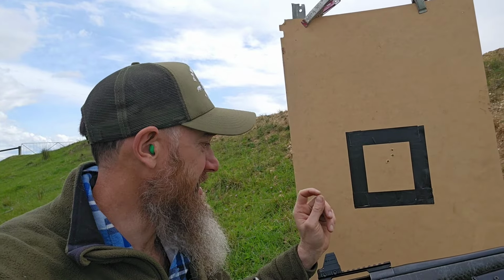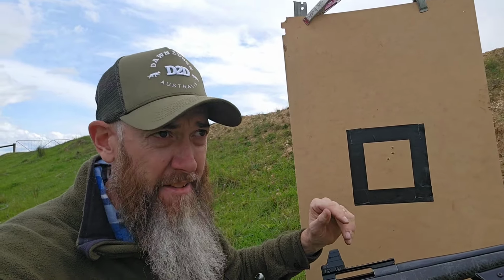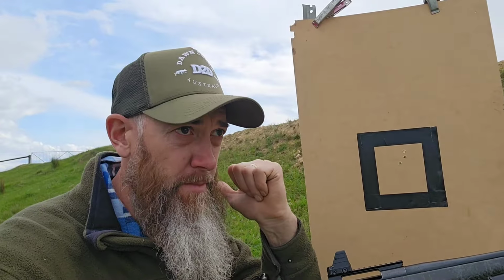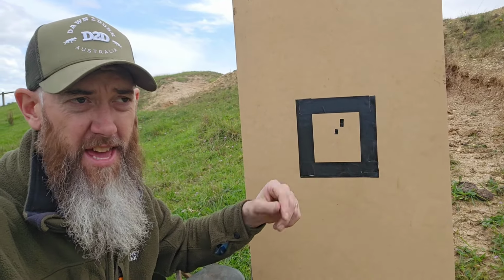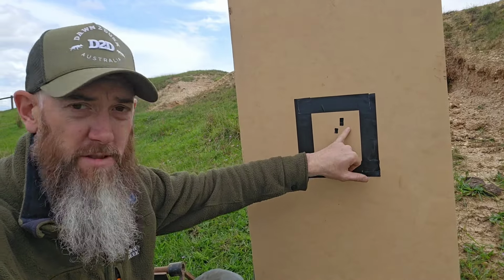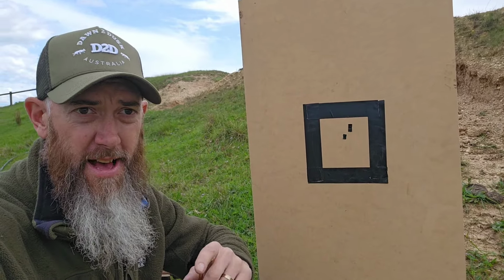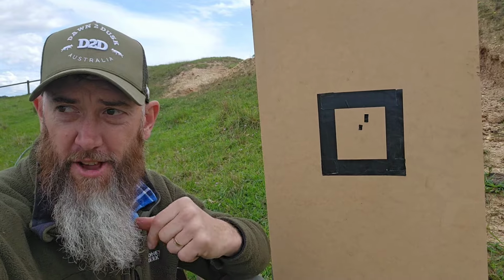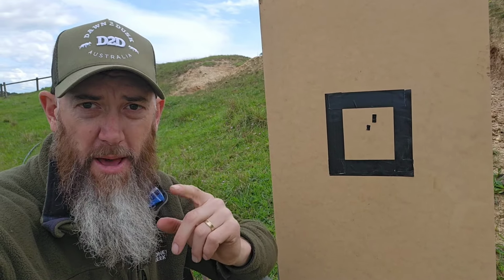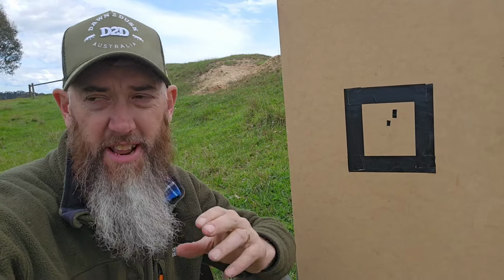So what I'm going to do is put some tape and mark these holes, and we're going to go back to 150, have a couple of shots, maybe even 200. And then we'll have a couple of shots at the steel target at closer range, just off the shoulder. Righto, as you can see, I've got the holes marked up now, so we'll know where the next shot goes. Let's go back to about 150, and we'll take a shot leaning off a gum tree, and then we might go back to 200 and take a shot there, and then we'll come in to about 70 and do some offhand shooting